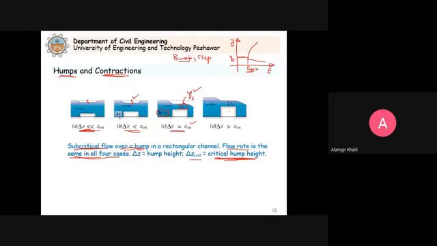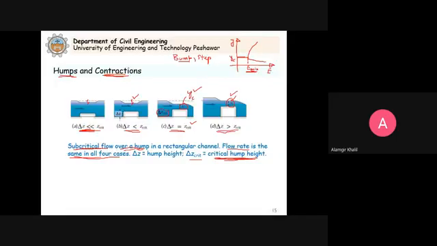Now when we further increase the height of the hump above the critical, what will happen? This critical depth will be maintained. When we have subcritical flow, this critical depth will be maintained here. It is not going to change. But now what will happen? This obstacle is increasing, so the water needs energy to flow over this hump. And since YC is the depth corresponding to the minimum specific energy,